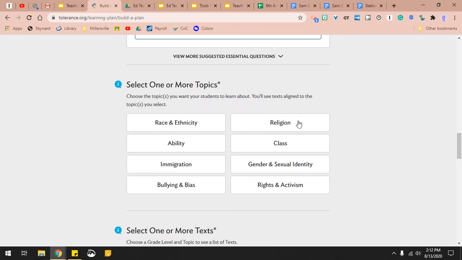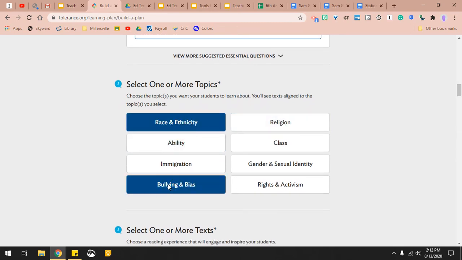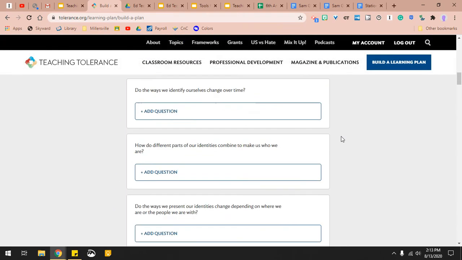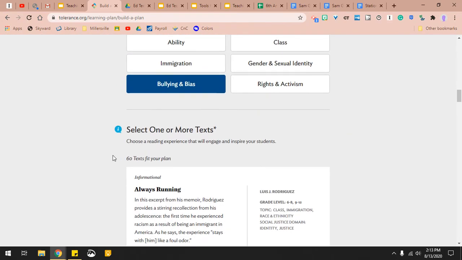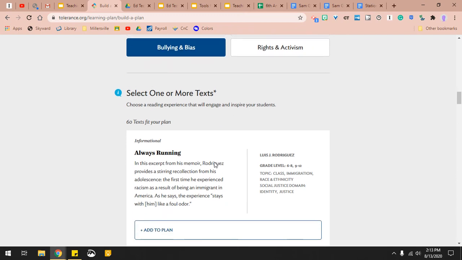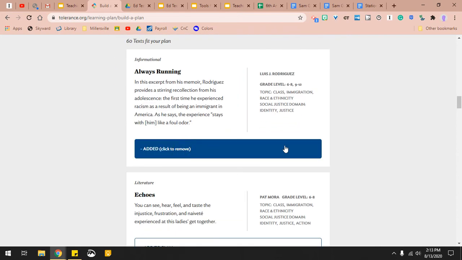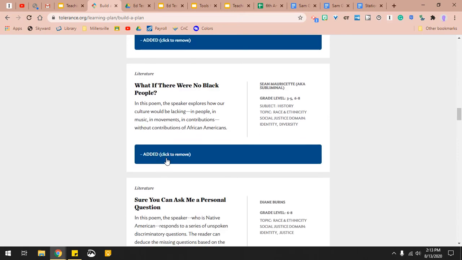Now I'm going to select one or more topics. Again, I'm going to go with what I've already been doing throughout this: race and ethnicity, and bullying and bias. Okay. Now, so far, as I've been clicking through all of this, it's been narrowing down texts down here for me. So now I've got 60 texts that fit what I have already chosen. So I'm going to add an informational, a literature, add this one,